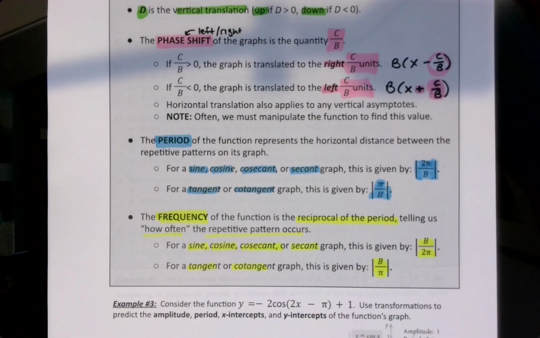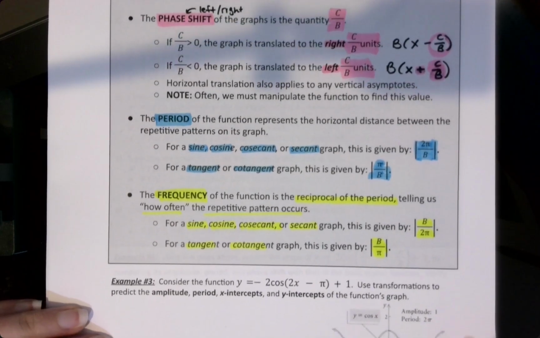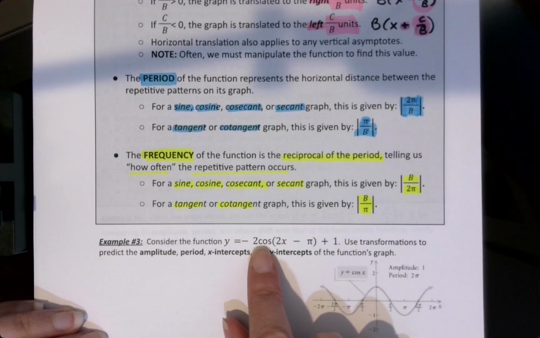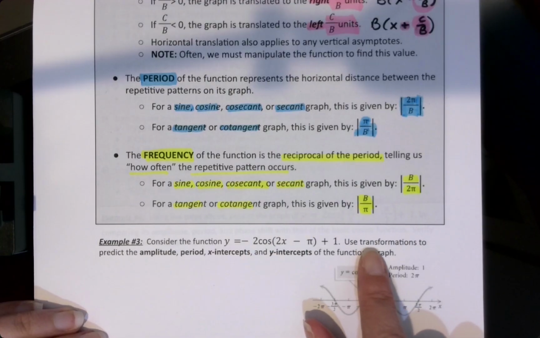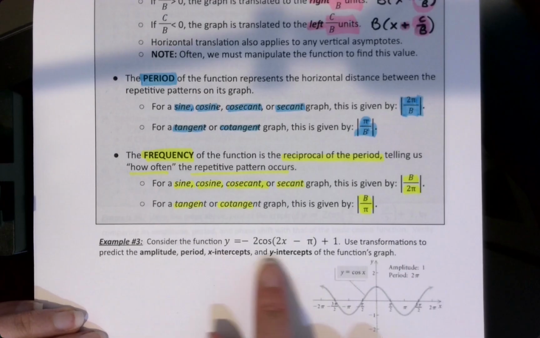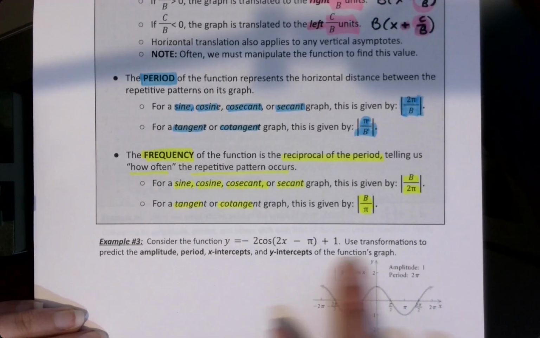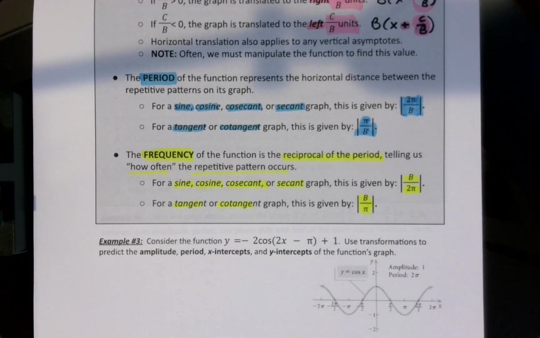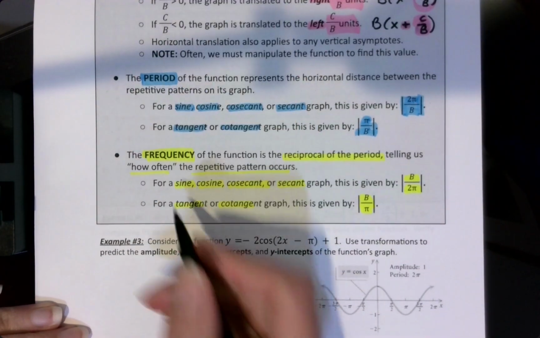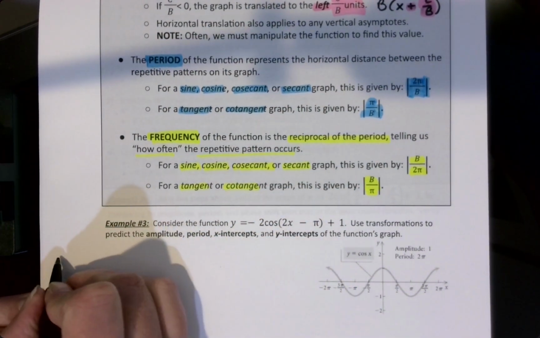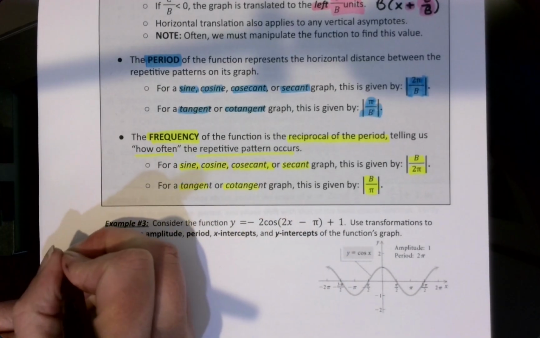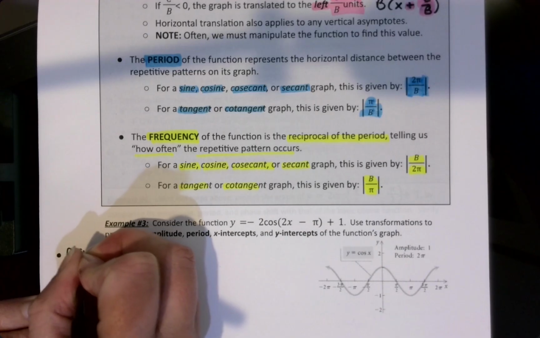Okay, so let's take a look at a few more examples here. We're looking at this function. It's a cosine transformation, and we're going to use what we know about transformations to predict the amplitude, period, x-intercepts, and y-intercepts of the graph. We have a sketch right here of the parent function. I would like to first write down all of my transformations and then relate those to these phrasings specific to the trig functions. So the first transformation, from this negative, is going to be a reflection